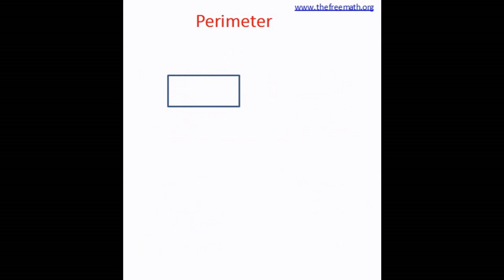Here is a rectangle. Let's see if we can figure out how to calculate the perimeter of a rectangle. So this rectangle has its length as L. We will denote length by the letter L and breadth by the letter B. Okay. So what would be the perimeter? The perimeter would be L plus B plus L plus B. That means if I want to walk around this rectangle, I would walk the distance L plus B plus L